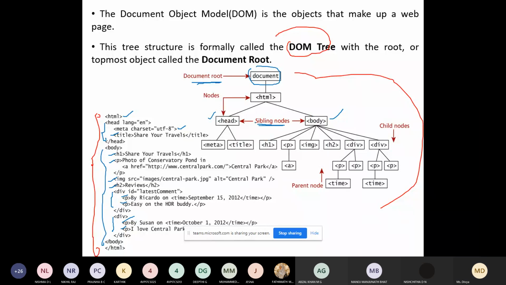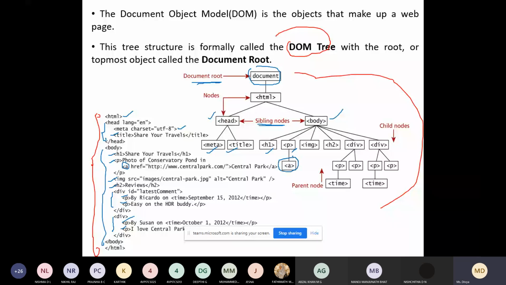Here these are called child nodes. You know the concept of child and parent. So this will become the child node and this is the parent of the child. And inside head we have one meta and another one is title. Inside body we have H1 and paragraph. Inside the paragraph we have an anchor tag, correct? That is why we place it within. The paragraph will become the parent and the anchor tag will become the child.